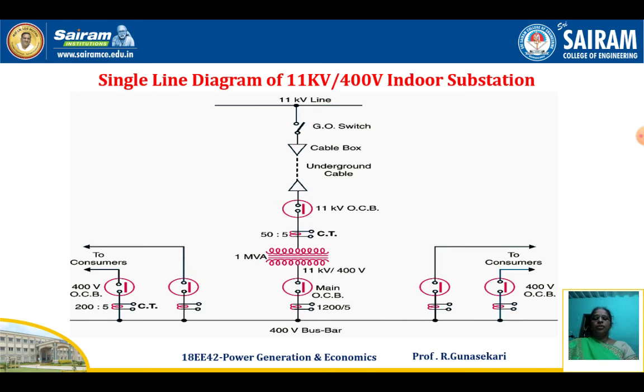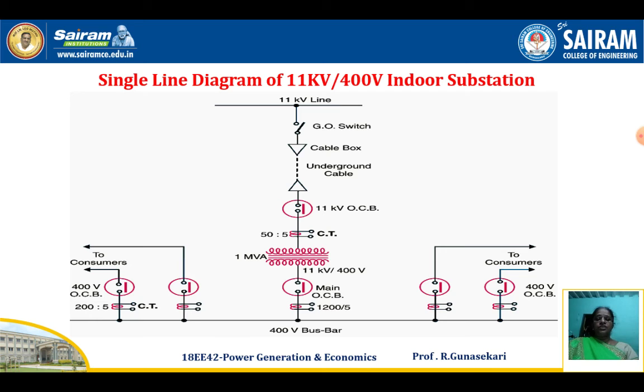I take the example of a single line diagram of a substation. You can take any range of substation. I am taking one indoor example, and another one is outdoor. Why is this substation called indoor? We already know that up to 11 kV is nothing but an indoor substation. So in the indoor substation you see here, the consumer is on the left and right hand side both.